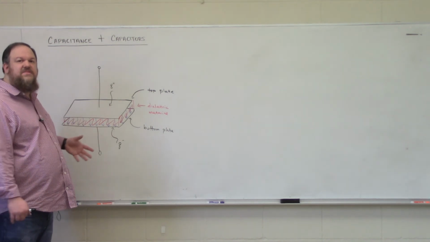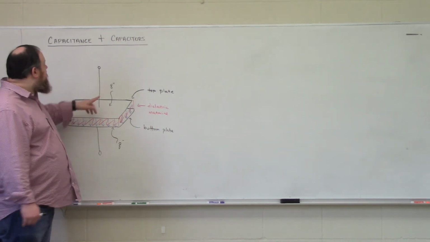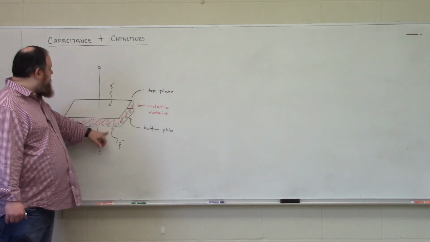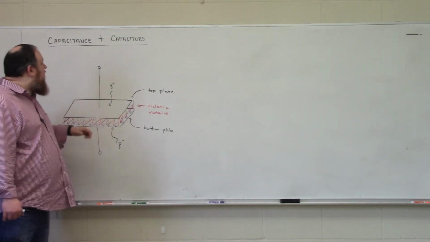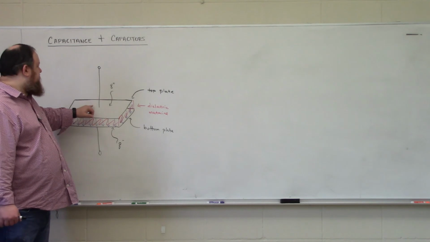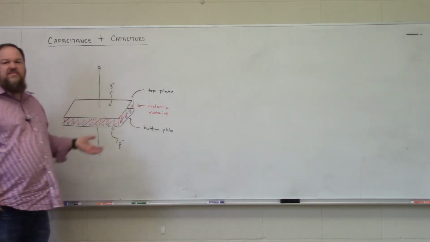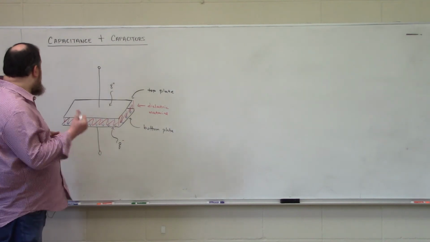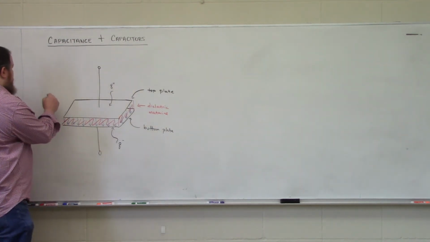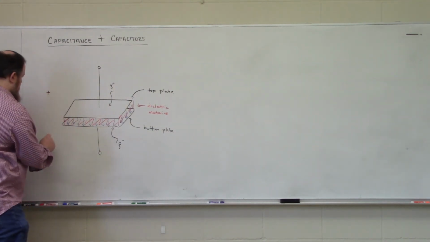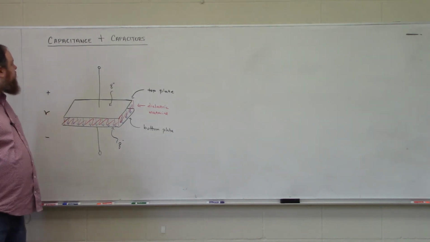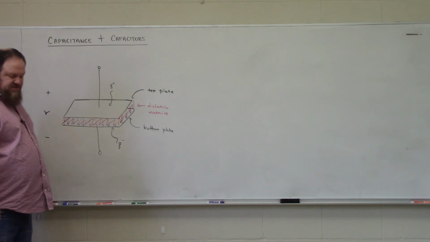Now you may recall from your Physics 2 class that whenever you have charge separation, that means that there is a difference in electric potential, right? So there's a bunch of positive charge up here, there's a bunch of negative charge down here, and that creates a difference in electric potential between these two plates. That difference in electric potential is a voltage. So we would observe that there's going to be some voltage V across the plates,